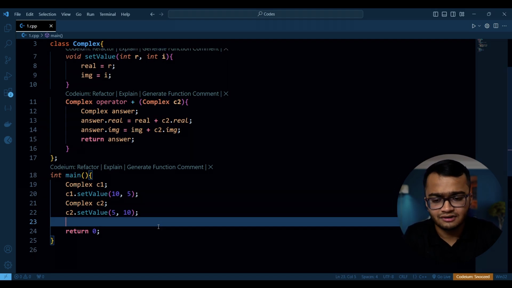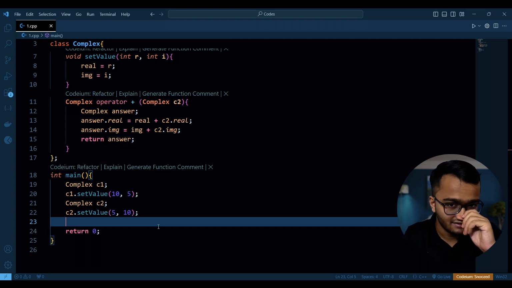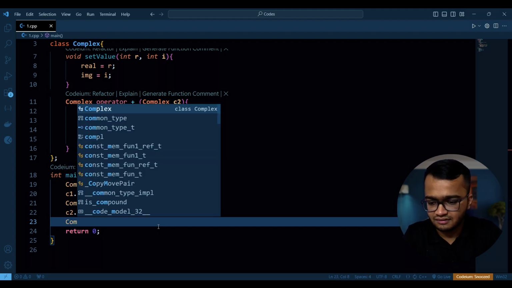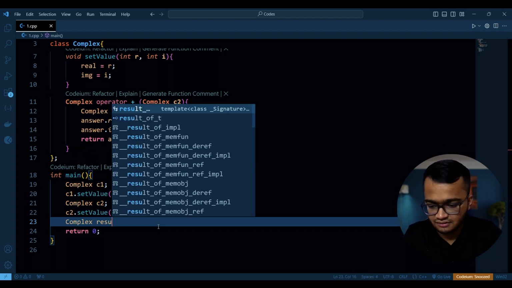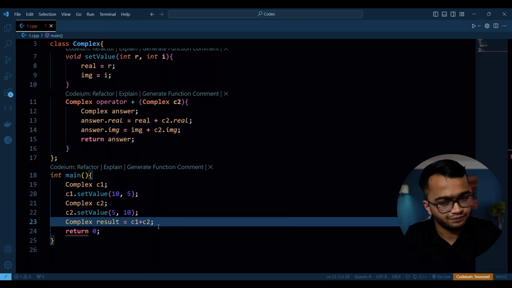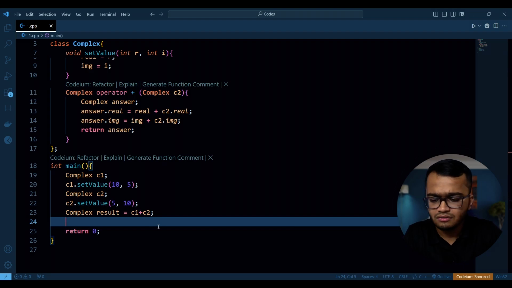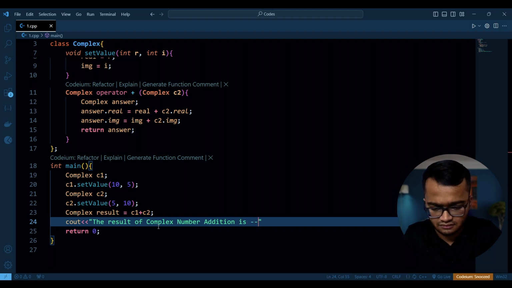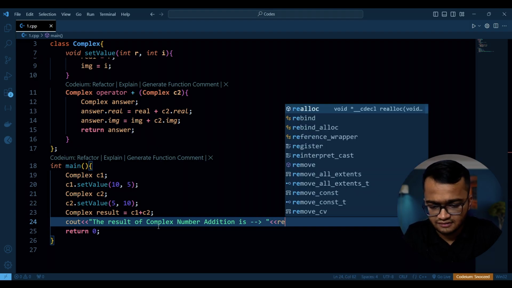So our next work is to assign or store this result or to directly print it as a string. The better approach will be to store the result. Okay, so let's write complex result equal to C1 plus C2. Clear as per this? Now we will print out the result or see out the result. The result of complex number addition is this. Okay, so the result dot